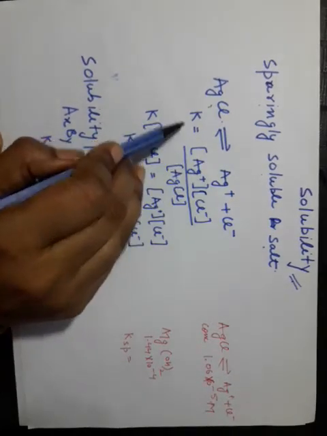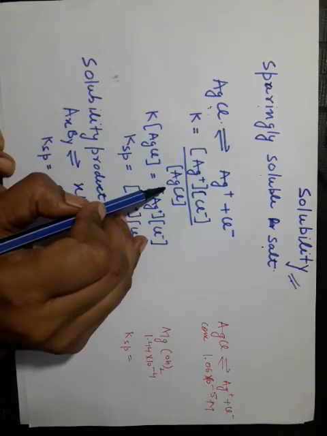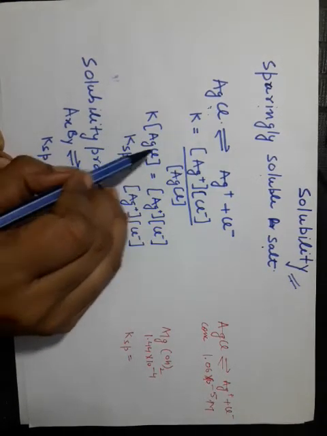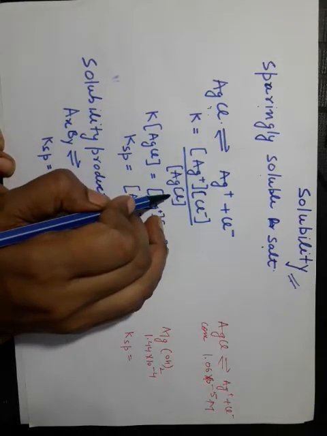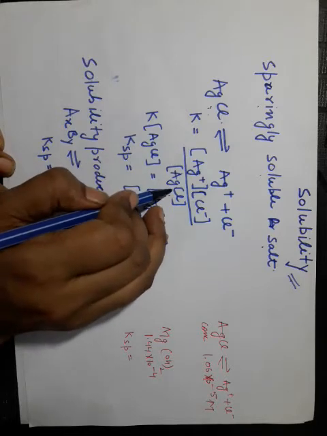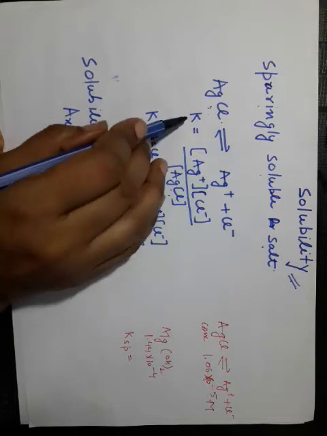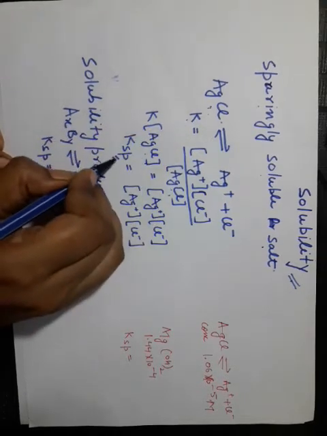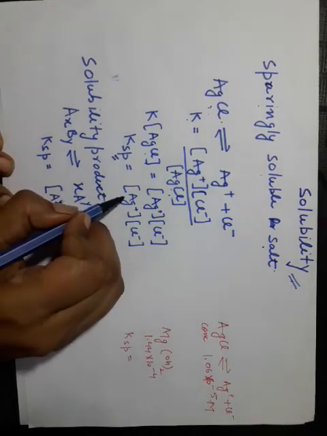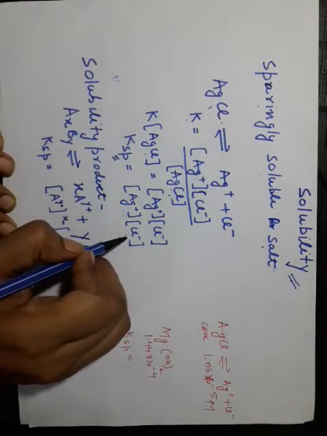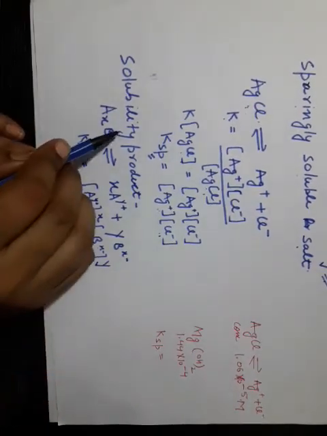So equilibrium constant is equal to product concentration over reactant concentration. So here it is the amount of AgCl which is in undissociated form. Cross multiplying, the product of the substances in dissolved form, the dissociation constant, is called the solubility constant. So the solubility constant is equal to the product of concentration of products. Let's take the example.